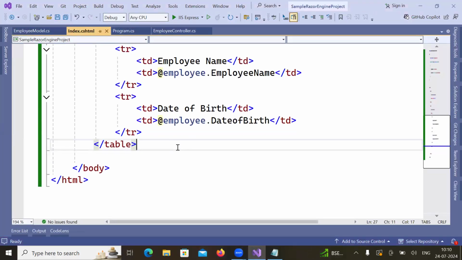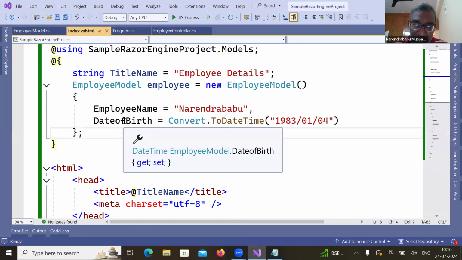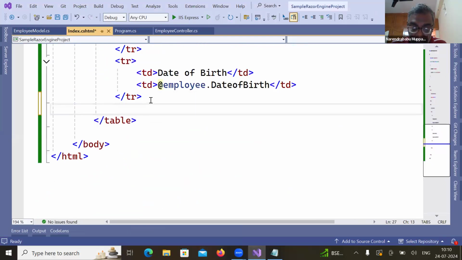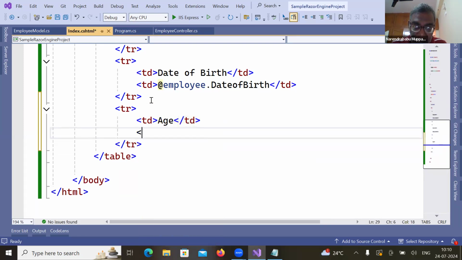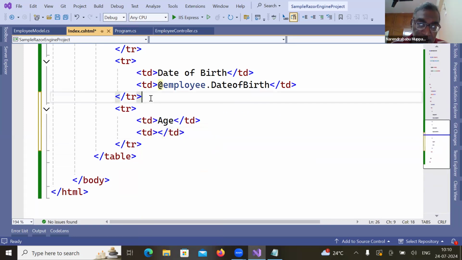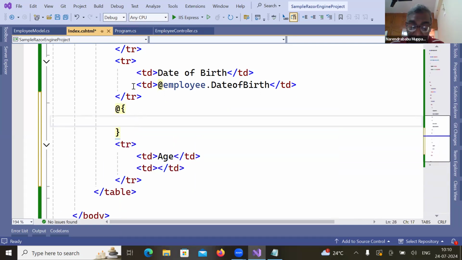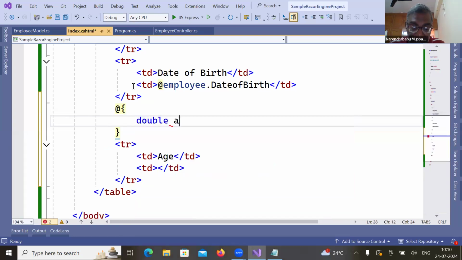Right. Now, sir, I want to detect the age based on this date of birth. So how to write a logic here? So here, what you need to do, you have to use tr and you have to use td tag. You say age and you say td. Keep this right now. Now I need to build a logic. I'm going to say double age equal to